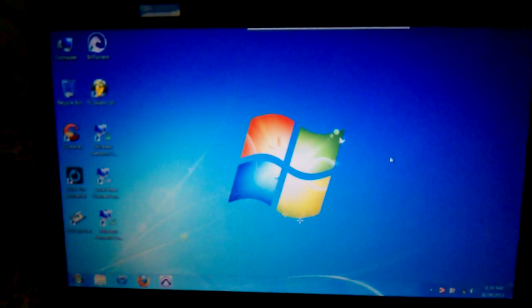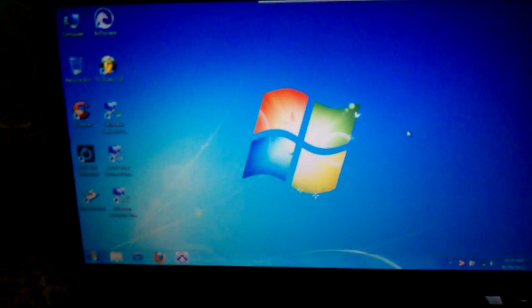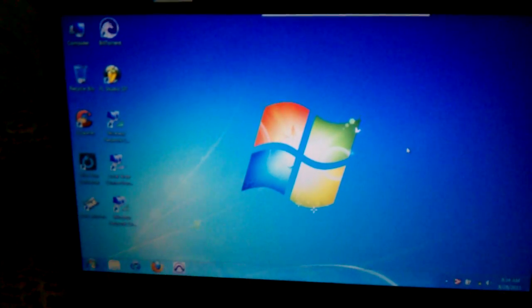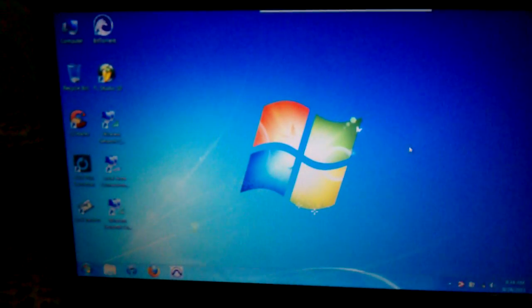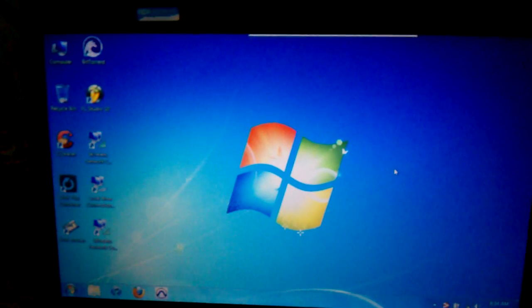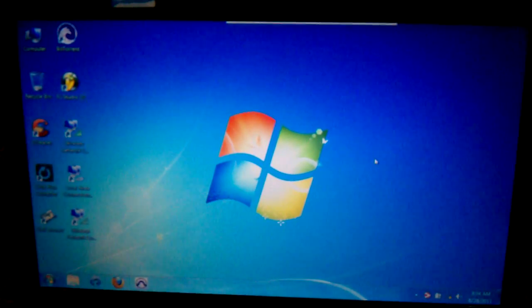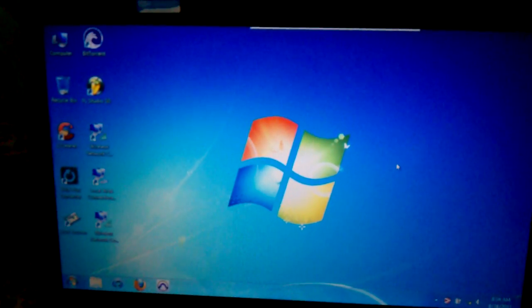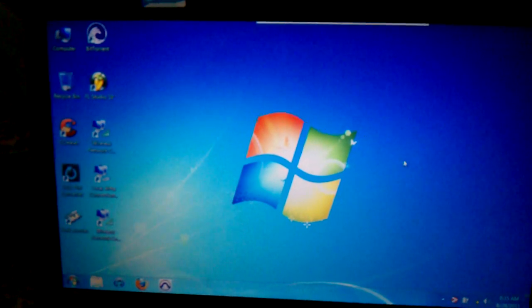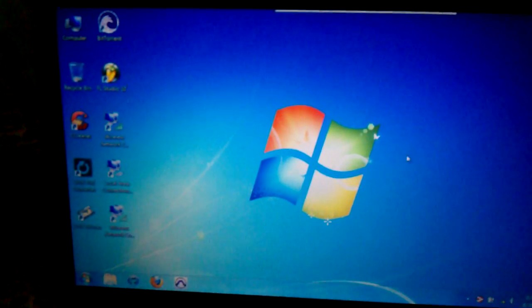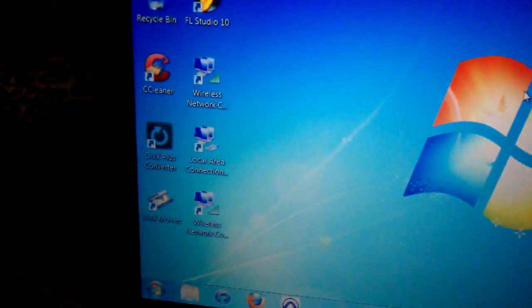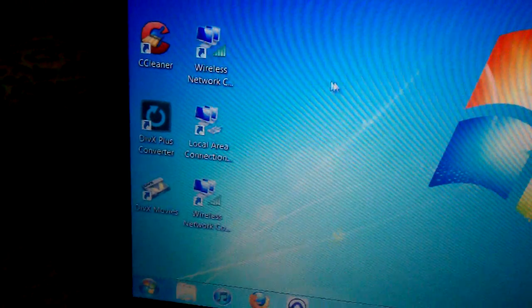Okay, guys, here's how to fix your problem with Pro Tools. This is what I want you guys to try first. If you guys are running Windows 7, I want you to try this first, see if it works for you. But what I did was, I have all of my networks